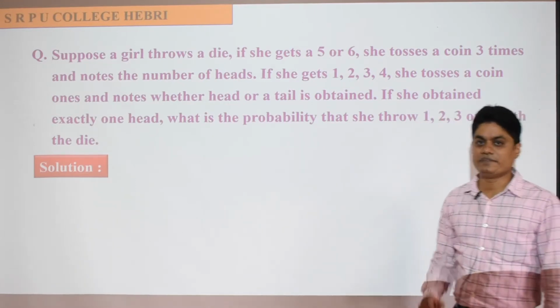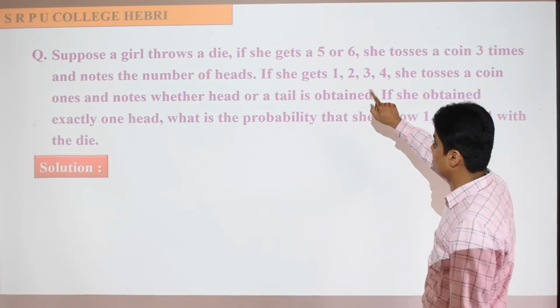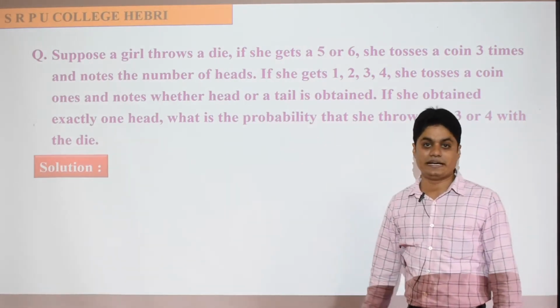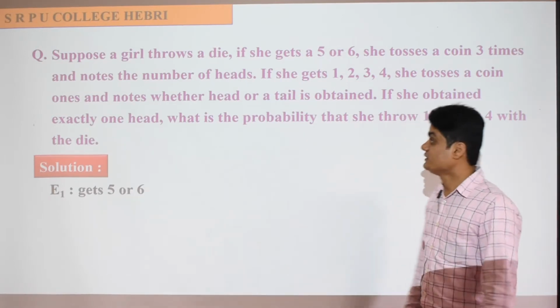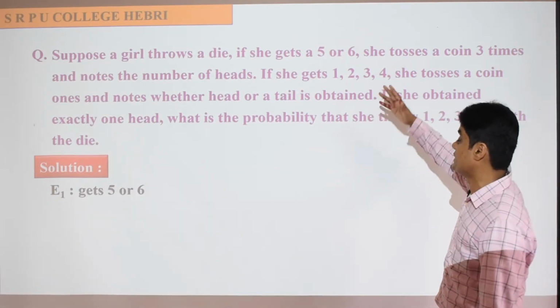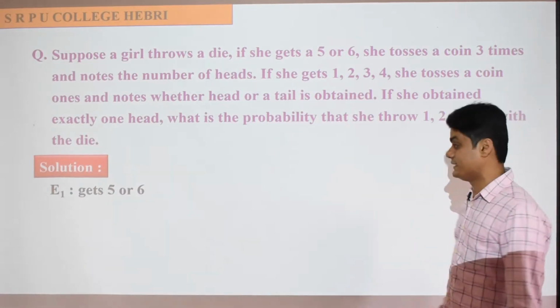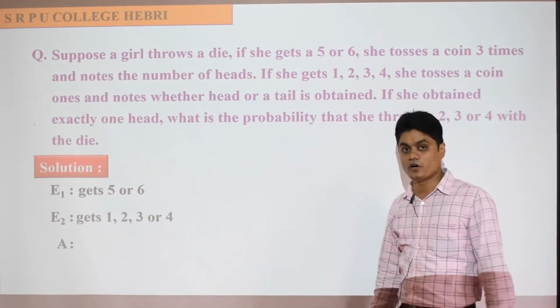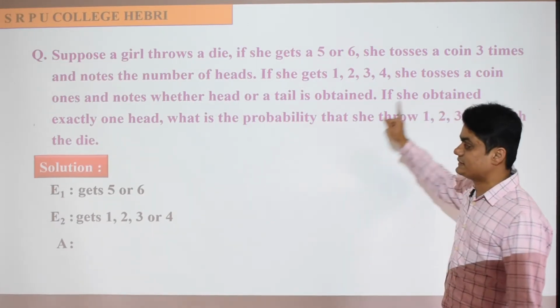Tell me what is the event E1. Yes, she gets 5 or 6 when she throws a die. So E1 is getting 5 or 6 on the die. And what is E2? Getting 1, 2, 3 or 4 on the die, right? So getting 1, 2, 3 or 4. So what is A? If she obtains exactly one head,